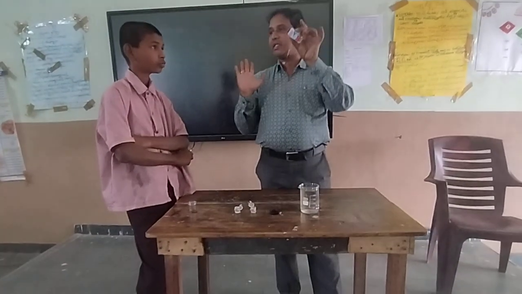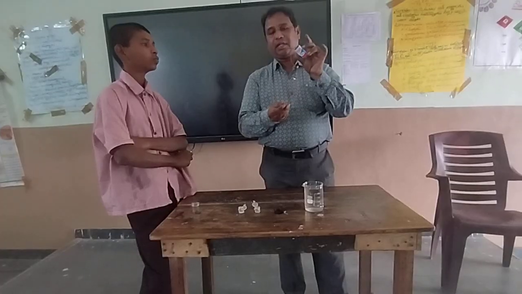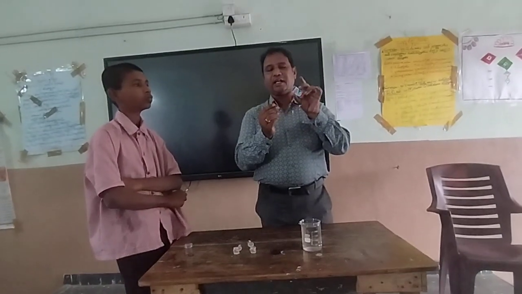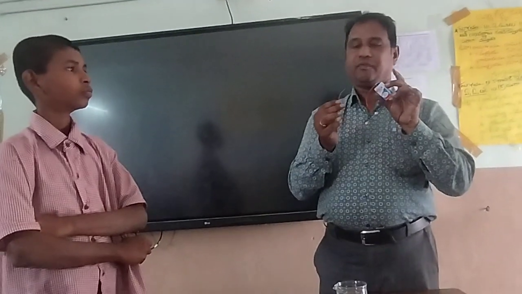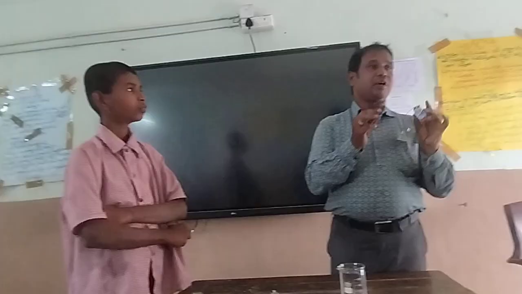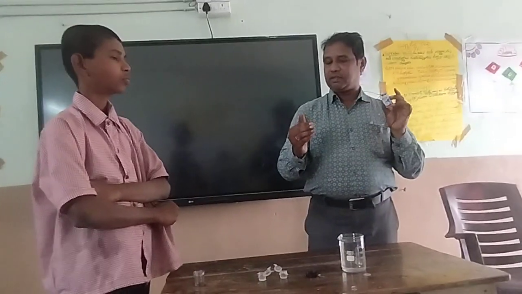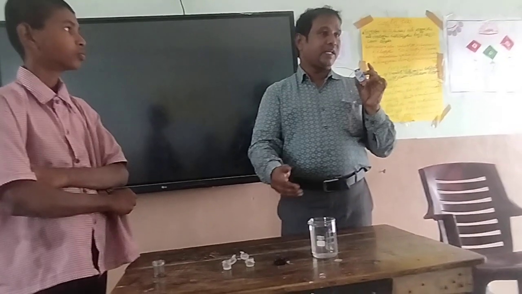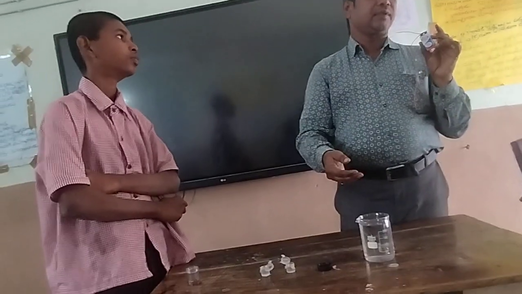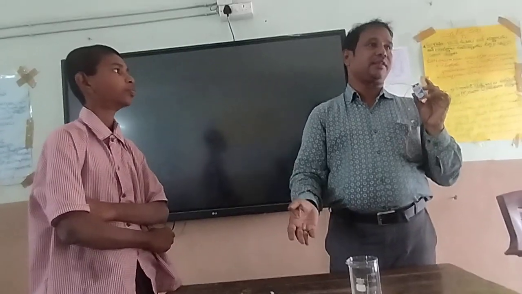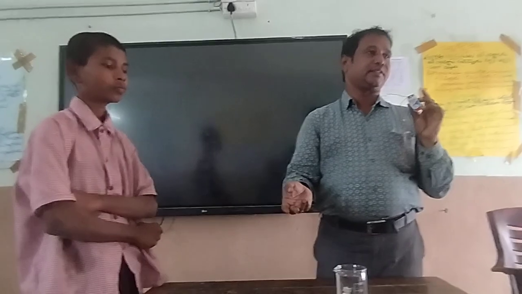This is the open circuit. Now we can arrange a switch here, or we can connect this, then it will glow. It is acting like a closed circuit. So these are all the fundamental concepts we learned from this experiment. And you observe that some liquids allow the current, so they are good conductors. Some do not, so they are bad conductors.